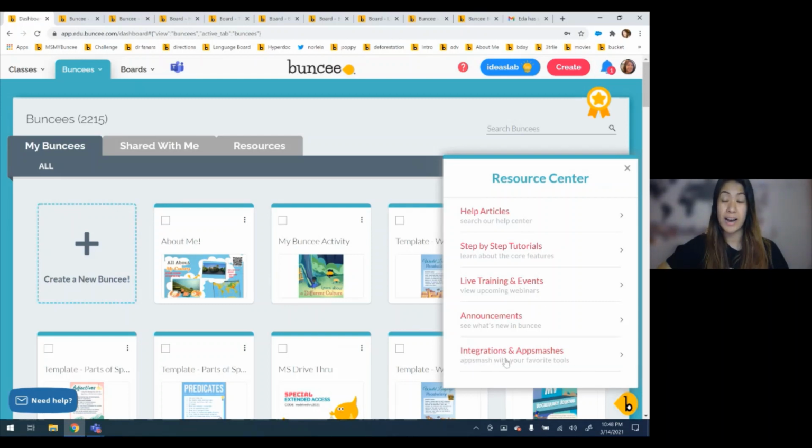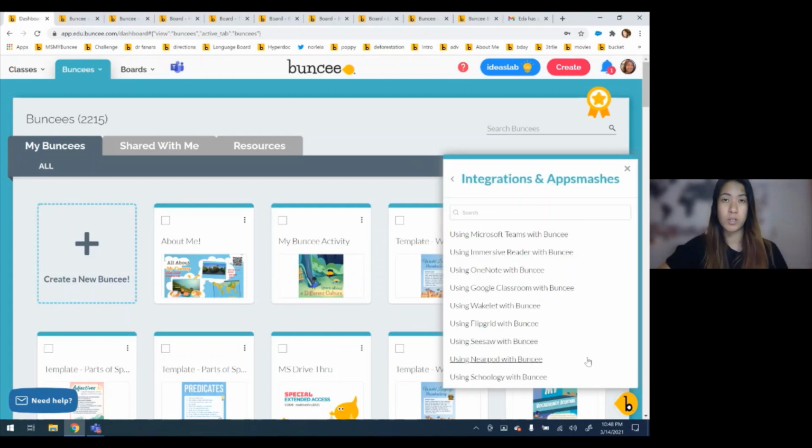In particular, I want to highlight the integrations and app smashes. So if you are looking for more support on how to integrate Buncee with Microsoft Teams, if you click on the integrations and app smashes, you'll also be able to see all of the different ways that you can use Buncee with Microsoft Teams right over here as well. So all of the help resources are there for you, and they're immediately in one place. So with that being said,